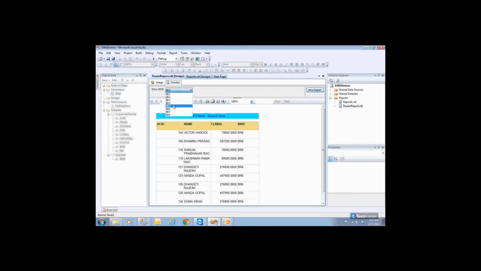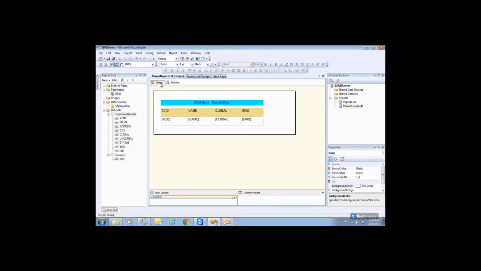Clear? Now you may ask, sir, how do I check BR3 and BR7 data? I would like to get two branches' data. Can I? Now you are not able to check two branches. You can put only a single branch, but my requirement is I should be able to click on one branch, or on more than one branch. Do I have this kind of thing? To do that, we definitely have an option. You have to go back to your design and change a few configurations.